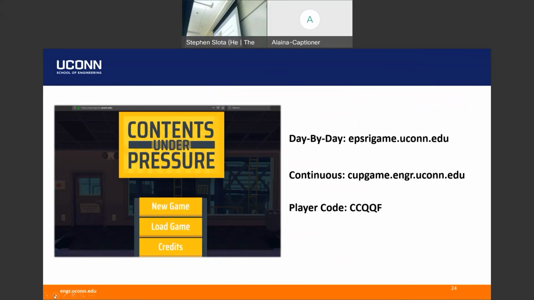The game is actually still fairly basic. It was a $300,000 grant, which was about $200,000 after overhead and stuff like that. We still only got $100,000 to develop the game, and that was for the basic proof of concept. So we're hoping with follow-on funding that we'd like to do more branching, different scenarios, and make it a richer, more complex game over time.